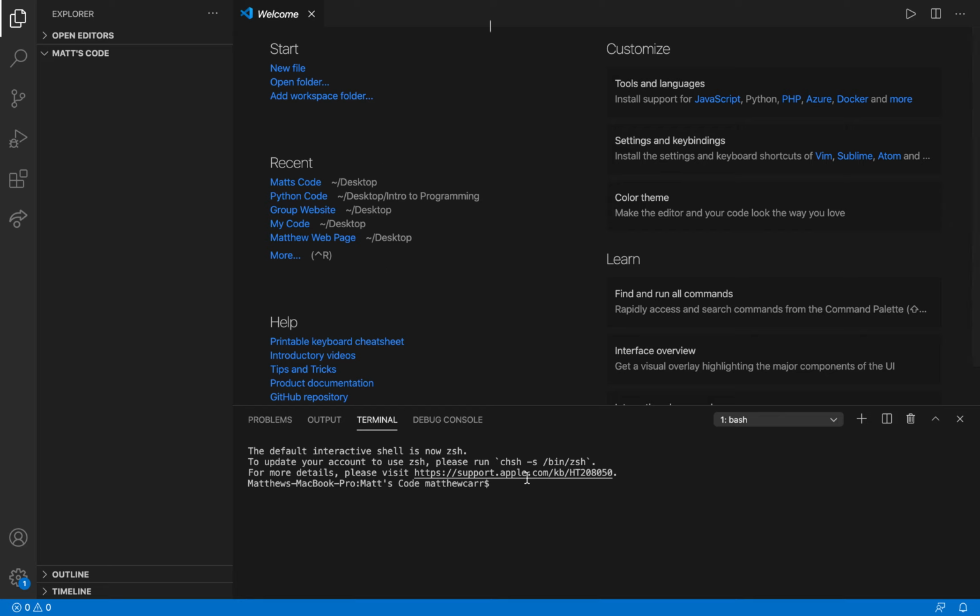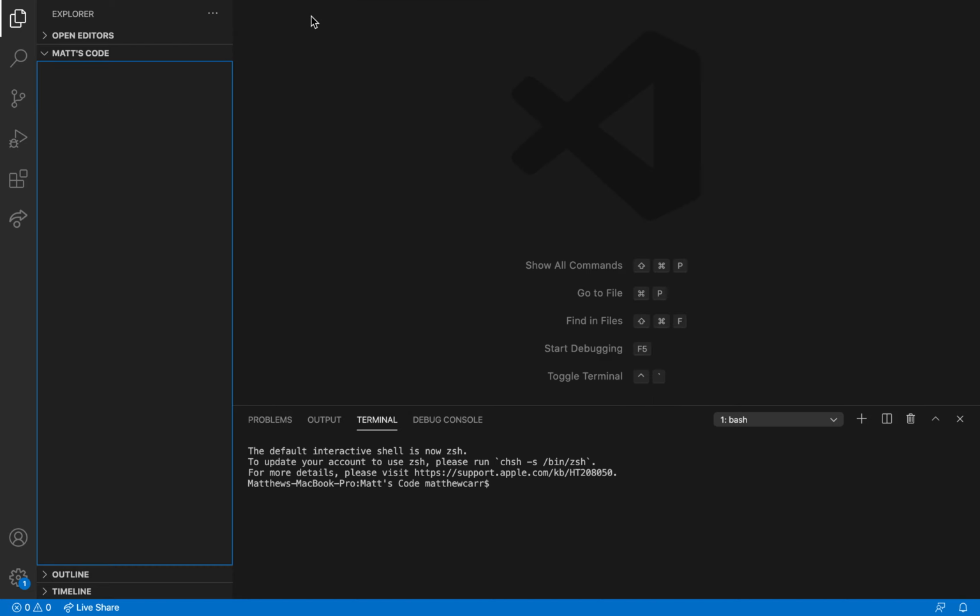This window may not open for you guys. I believe it opened because I was on like here earlier, but anyways, we're here. And let me close this tab, this welcome tab. All right, so